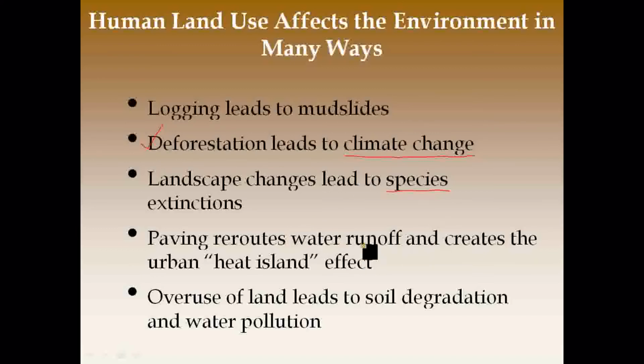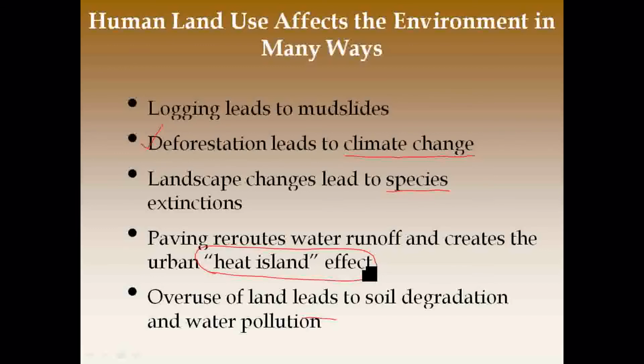We also have this concept called the heat island effect. Have you ever heard of that before? Heat island effect is the added temperature that occurs around large cities. It probably wouldn't surprise you to know that downtown New York City in the summertime is 5 to 10 degrees hotter than the suburbs. All that concrete absorbs solar radiation. Even though it's white, there's still plenty of concrete that absorbs heat.